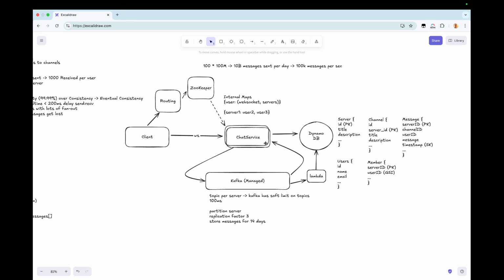So that's something that we should consider: maybe we need to batch some of the messages together before we pass those messages along to chat service, because this is going to be like a fire hose of messages there. And so that's something that we really need to consider carefully as we're doing that to optimize for performance as well as scale. So that's another thing that we could dive deeper into if we had more time.